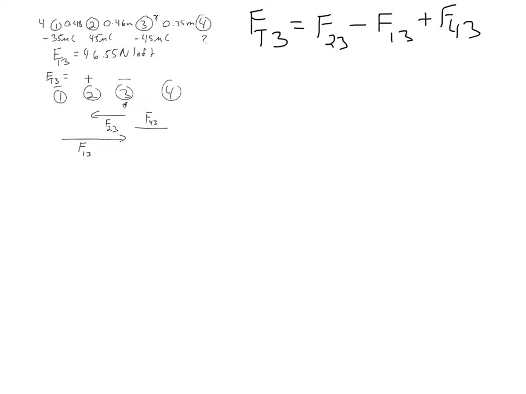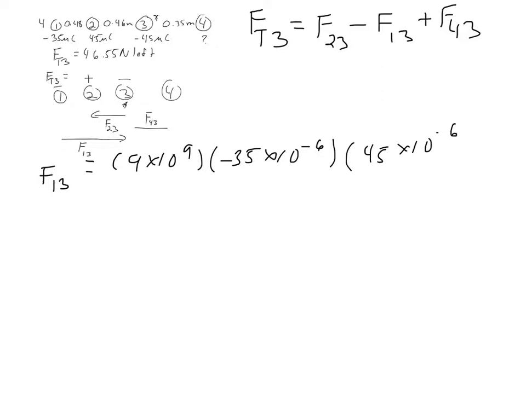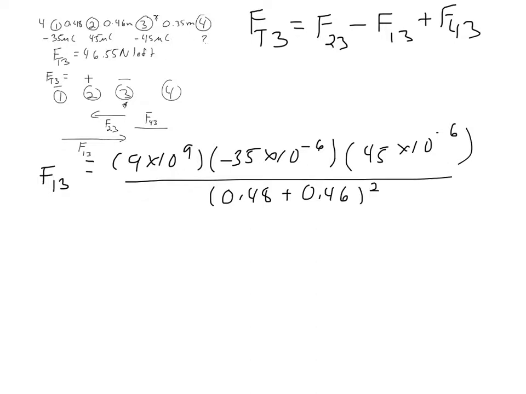Alright, so our next one, now we're going to find F2 on 3 and F1 on 3. So F1 on 3 is going to be equal to 9 times 10 to the 9th times negative 35 times 10 to the negative 6th multiplied by 45 times 10 to the negative 6th. That whole thing over 0.48 plus 0.46 quantity squared. When we do that math, we should get that F1 equals